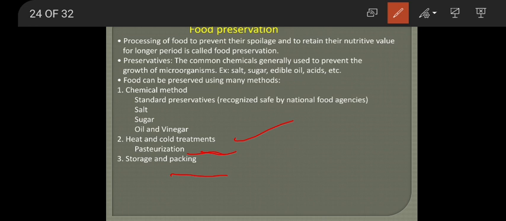So in completely dry form, these food items can be preserved. So dry fruits, vegetables, etc. can be sold in the market by storing in airtight packets to prevent the attack of microbes. In that way we are preserving these food items for some